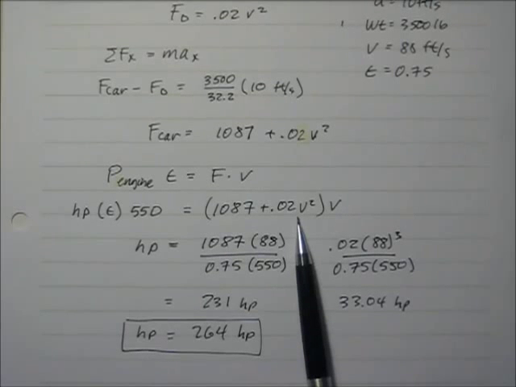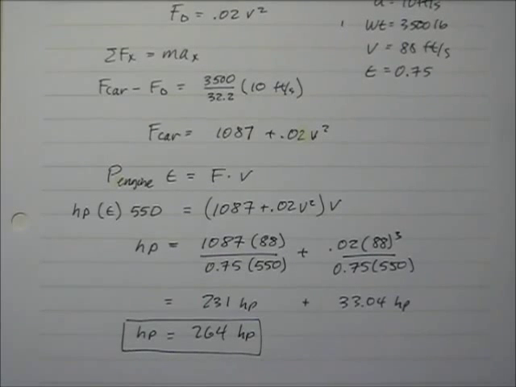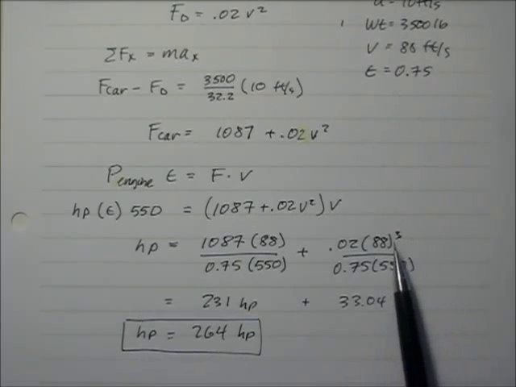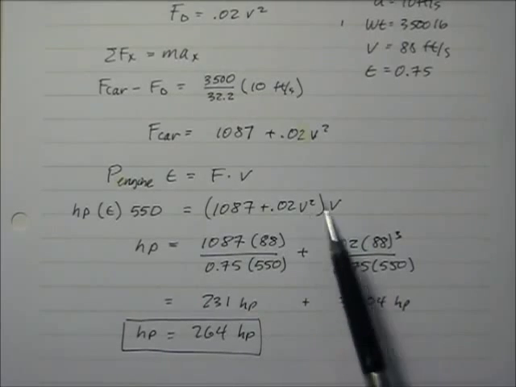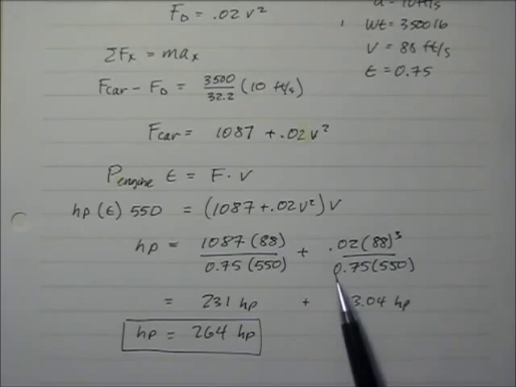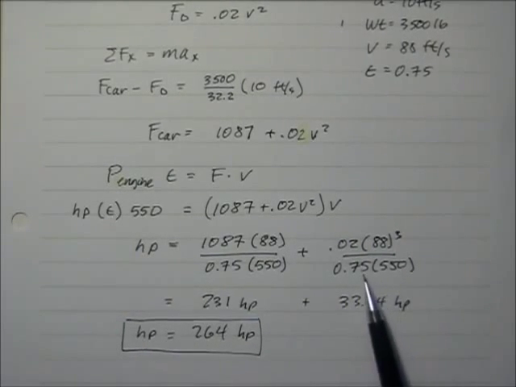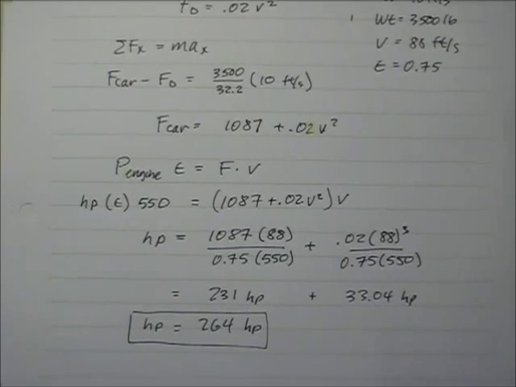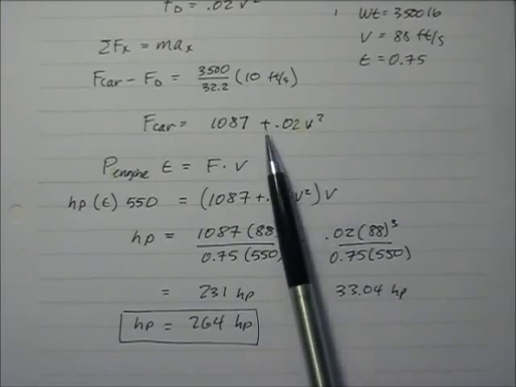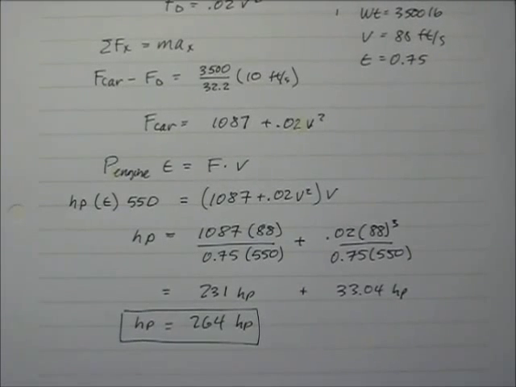force or the power required to overcome air resistance is a function of now velocity cubed, and so I can put that 0.02, multiply that by 88, and I get 88 cubed divided by the same conversion factors and inefficiency, and it looks like I need 33 additional horsepower to overcome air resistance. So it does make the problem a little more complicated, and you'll find that the air resistance is a function of velocity cubed, and as this goes forward,